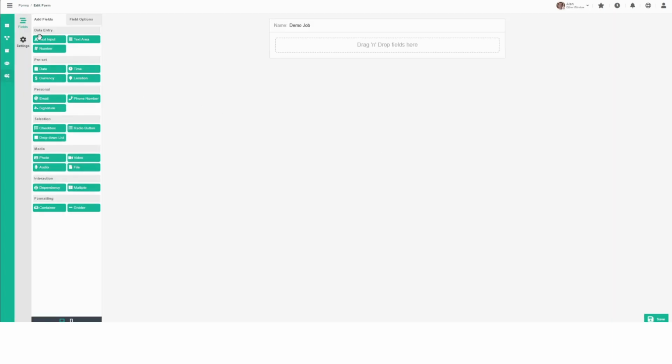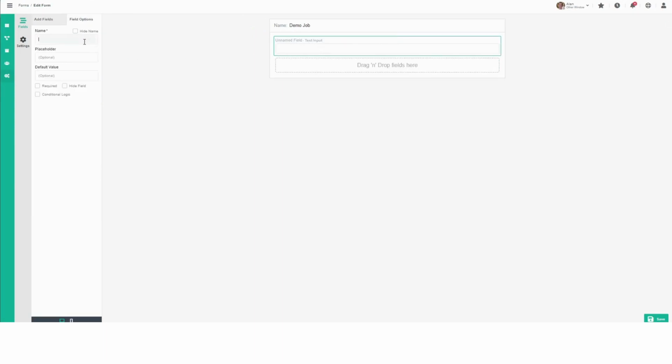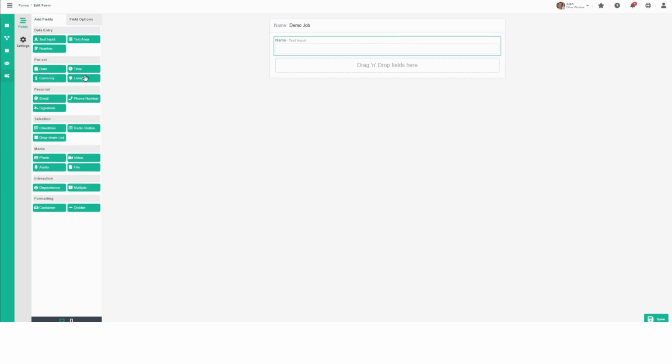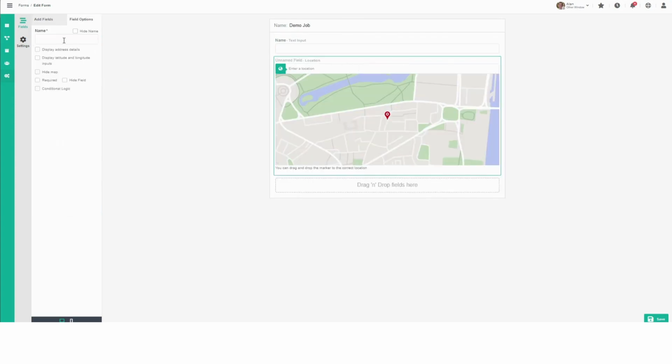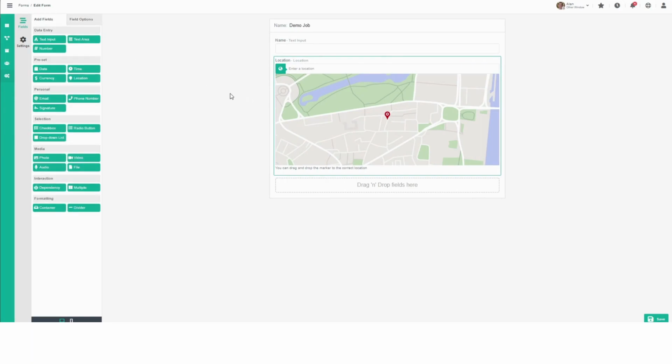From this screen here, we can then start dragging and dropping fields. So from the left, let's drag a text input field over. We're just going to call that one name. If it's required, we can tick that, but for this one we won't. Then let's just add a location in. We'll give that a name also, and we can choose the different types of fields that we do want to display with that as well. This is super basic, but it's something to get started with, and you can build out capability from there at your leisure. We then click Save down the bottom.